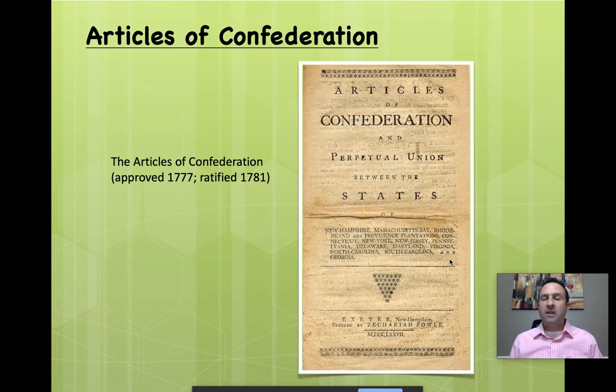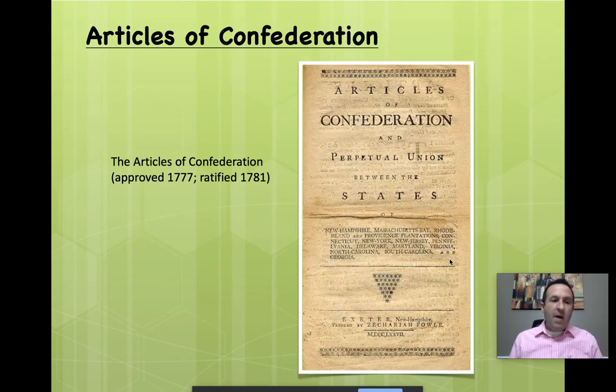Second thing that the Articles government can do is outline national citizenship. This is important. Again, this is seen as an important thing because if I have the rights of A, B, and C in, say, Virginia, if I travel to New York, I should have those same rights. And so the Articles government will be able to define and outline national citizenship. That you are an American citizen, you are not a citizen of a state. You are not a citizen of New York, Virginia, or later Texas. You are a citizen of the United States.